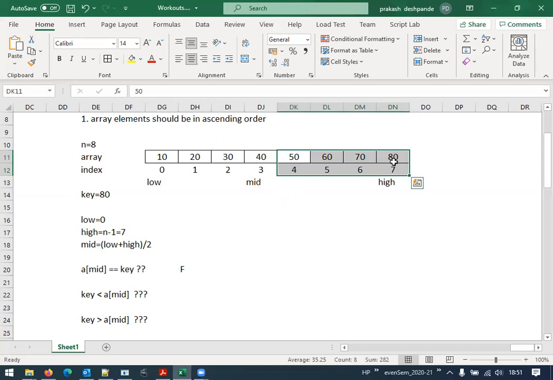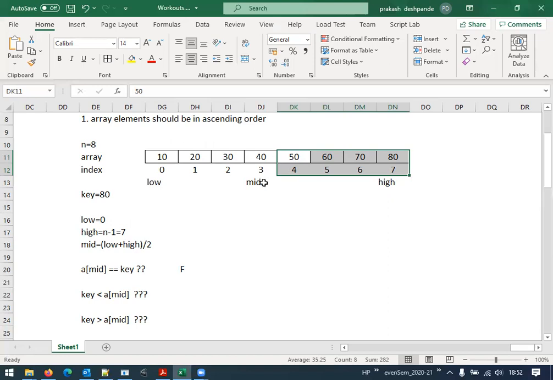The index of 80 is 7. And in this particular list, the first number is 50. What is its index value? 4. How can I get this 4 value? I can get it by adding 1 to the mid value. I know the mid is 3.